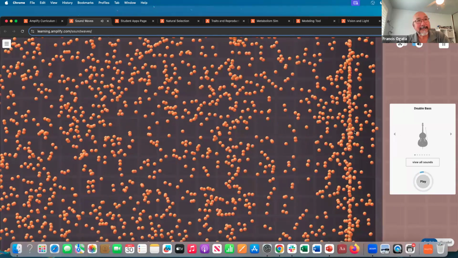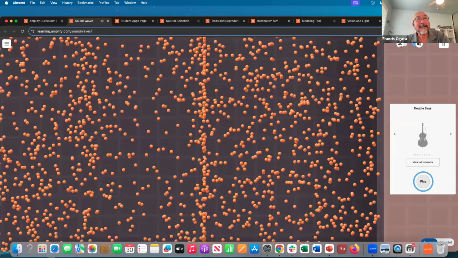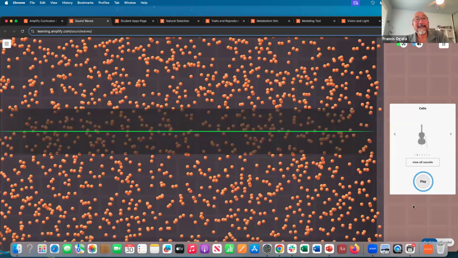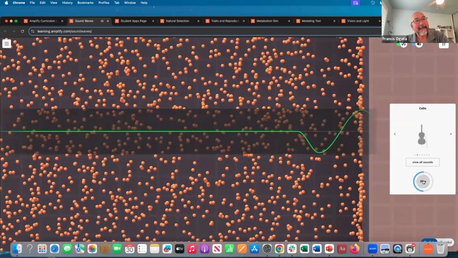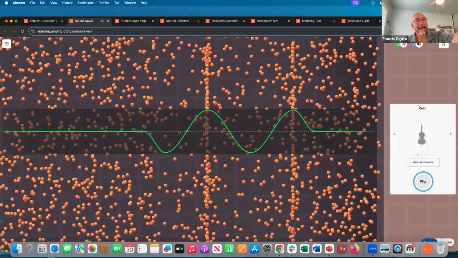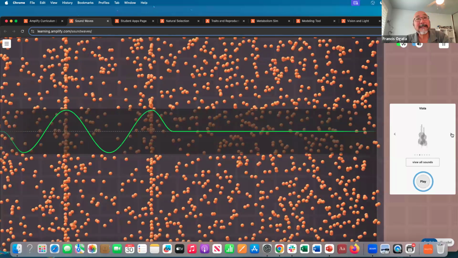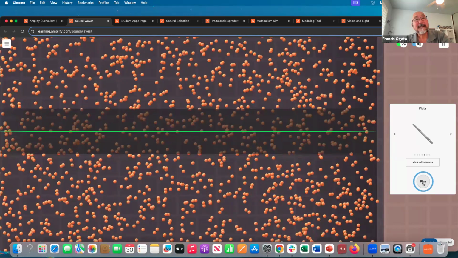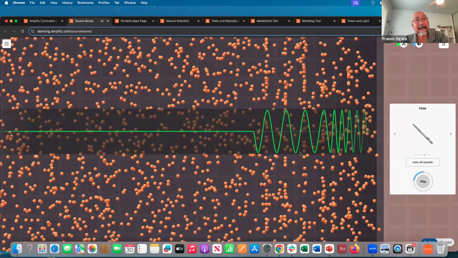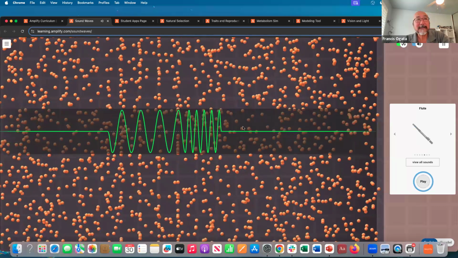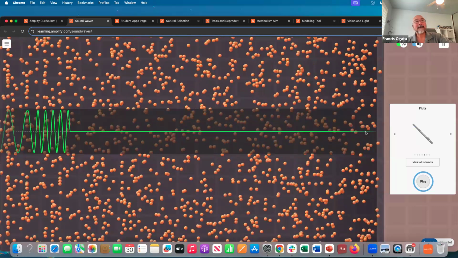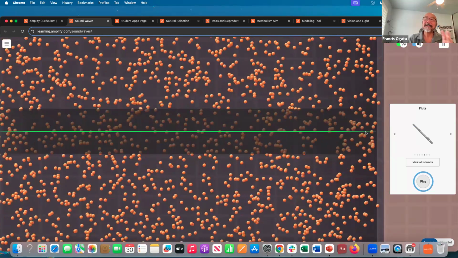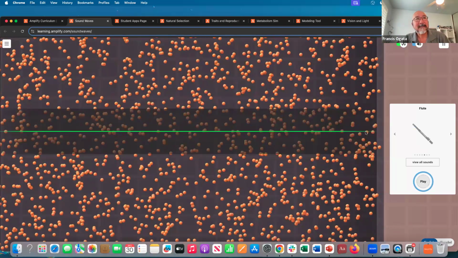But I can also see how the waves move. I can actually turn the waves on, which is kind of cool, right? So if I'm looking at maybe the cello and I play the cello, it plays a little bit different. You can see the difference in the sound waves. Now, if I play something that's higher pitched, let's say like the flute, you can see the higher pitch, right? So there are all these different things that they're able to do. And one of the things that they're able to see is how that sound actually travels through those different mediums. Those are just a couple examples of the primary grades.